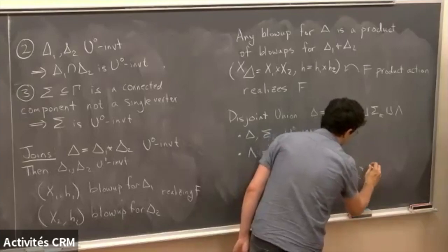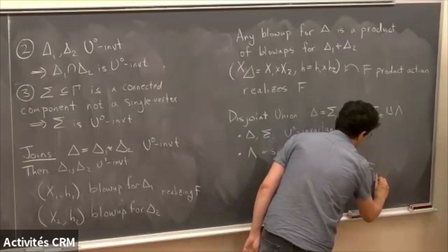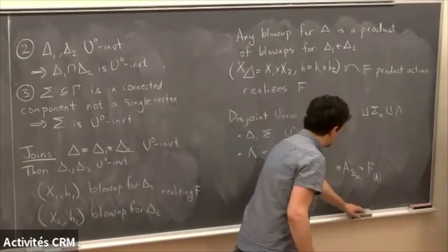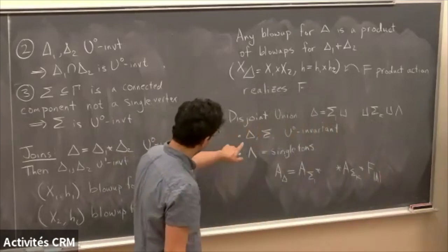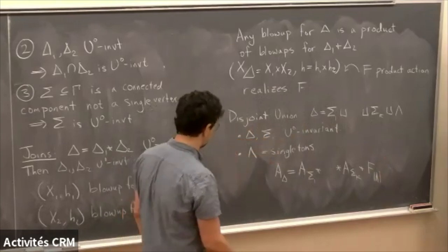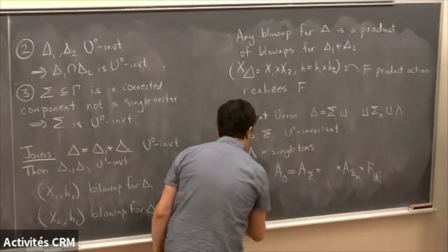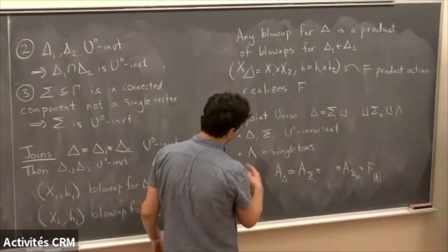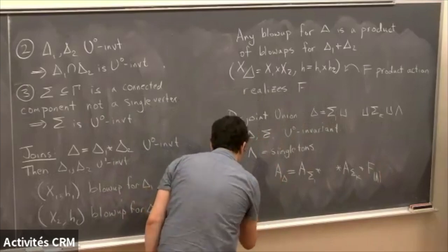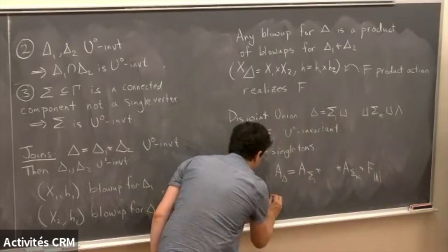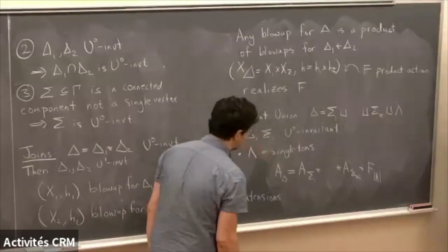And then there's some free part corresponding to lambda, maybe. And since these are U0 invariant, I get extensions of F, of each of these A special subgroups by the finite subgroup. So let me say, just to give them a name, we have extensions in the same way we made them for the free group